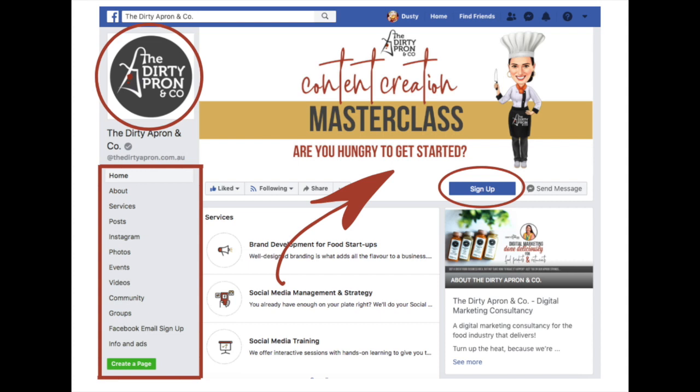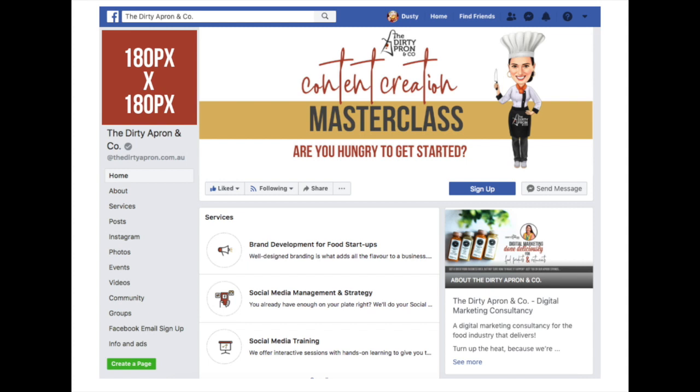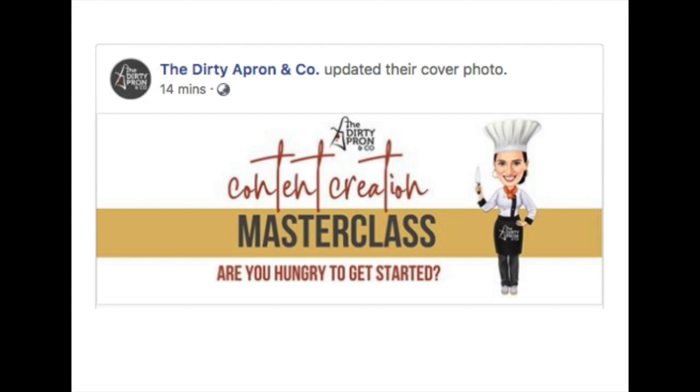The reason behind using your logo is you become an identifiable brand every time you're looked up on social media, as well as when you're responding in the comments at any time throughout the news feed as well. The optimal size for your Facebook profile is 180 pixels by 180 pixels, but you need to ensure that when you're doing your Facebook profile, and I recommend doing that in Canva, you can set up specific dimensions in Canva to make sure it's 180 by 180. Make sure that it's not such low resolution that it's less than 40 pixels, because that's what comes up in